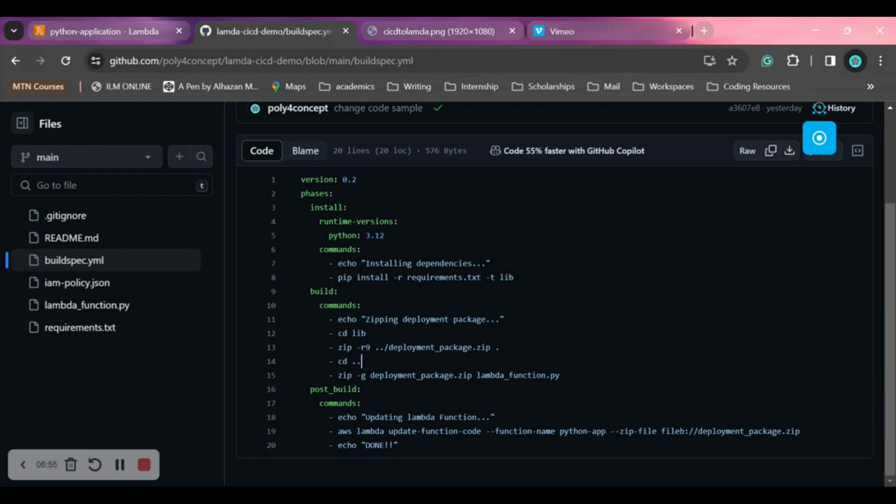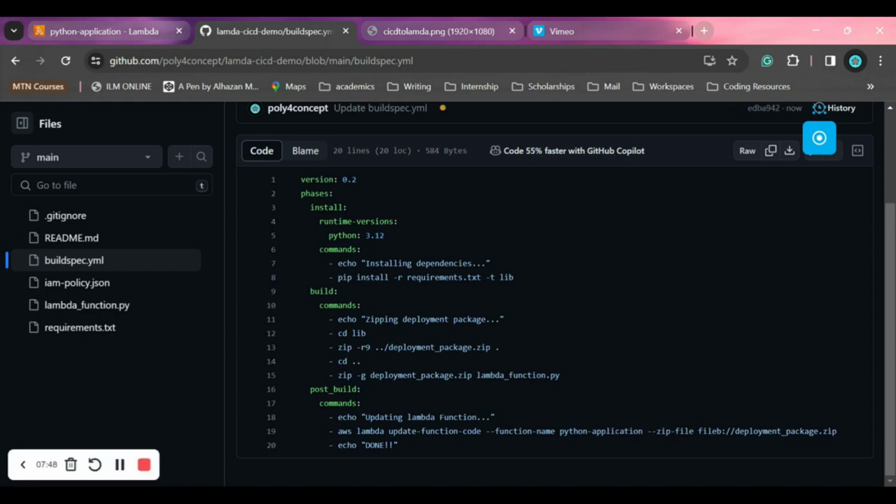Why we are doing this is because any code that we are pushing to a lambda function has to be in zip format. So what we are doing here is to put our lambda function and the installed dependencies into the zip folder,